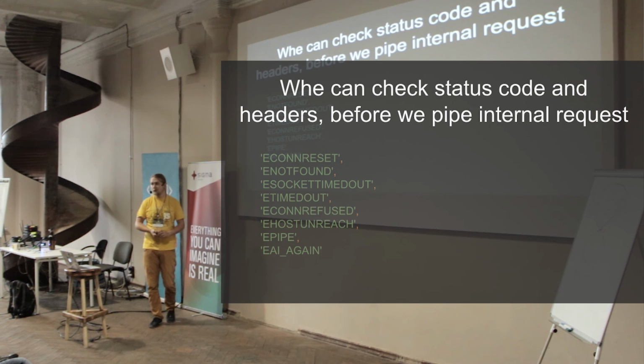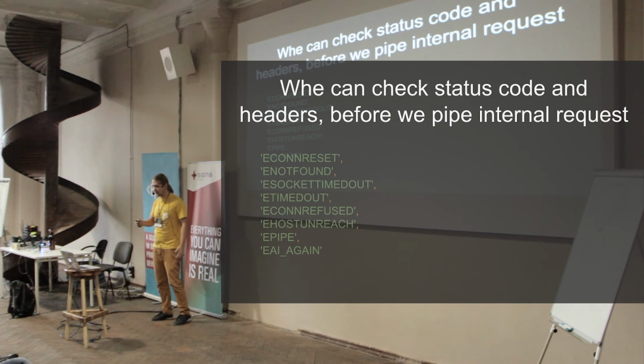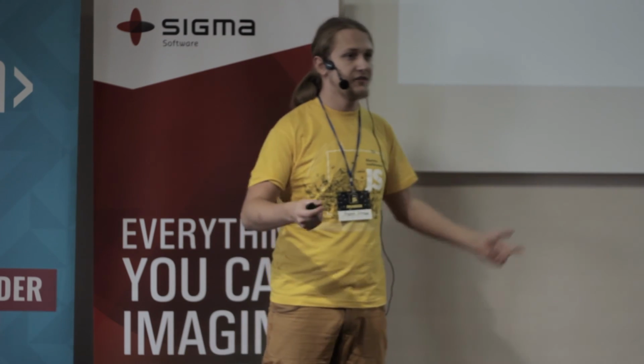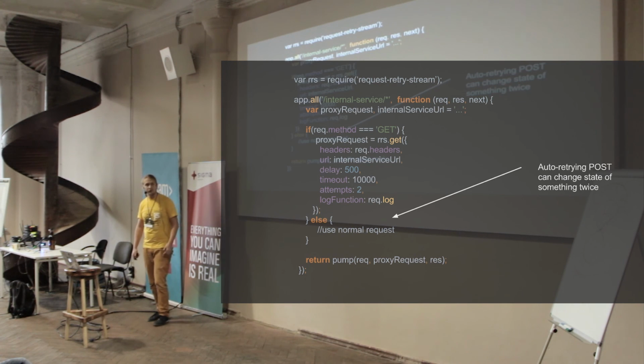And potentially we can play a lot with these events and retry this request as a stream. So we wrote a new module called request retry stream. I'm not going to dive deep into the event madness of streams inside of it, but what it does is check the initial code from the internal service, try to make one more request to see if it works, and pipe it back to our API customers. So you can check it here, how it looks and how to use it.